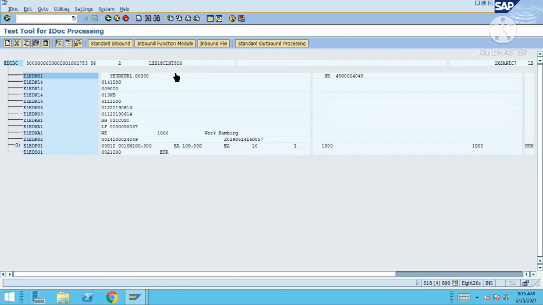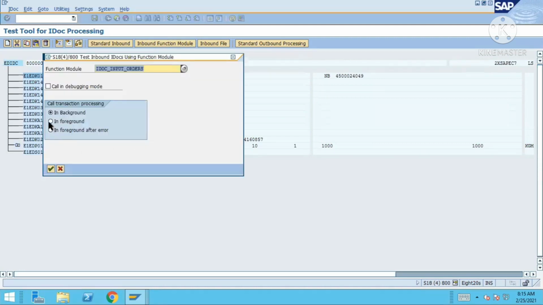Now, because you will have to reprocess the inbound IDOC, what you can do is click on this inbound function module over here, and automatically you can see IDOC input orders coming here. If it is not coming automatically, just copy the function module from there and paste it over here.